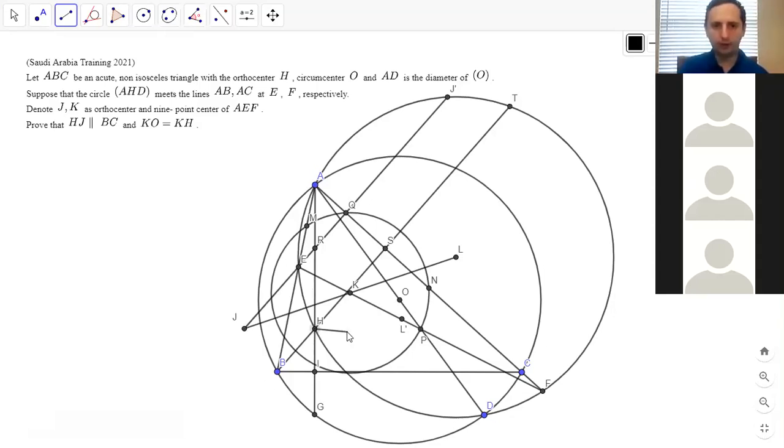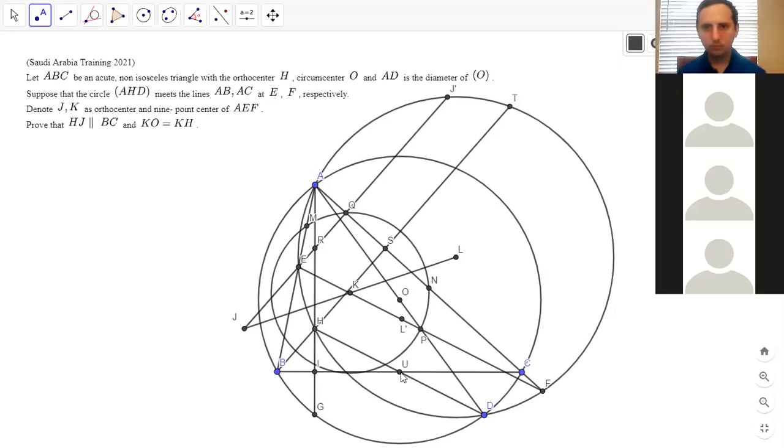Yes. So the whole line, right? Not just the segment. No, just the segment. Okay. So we can prove HD parallel to EF, right? That is because angle EAH is equal to angle CAD, which means that angle EAH equals angle FAD. So HD will be parallel to EF, and from the spiral